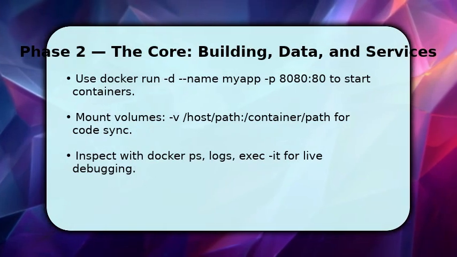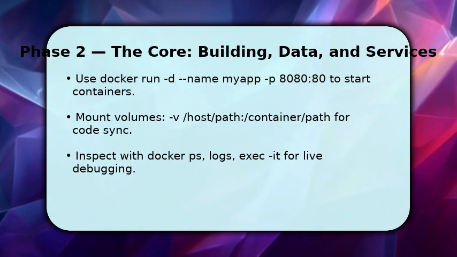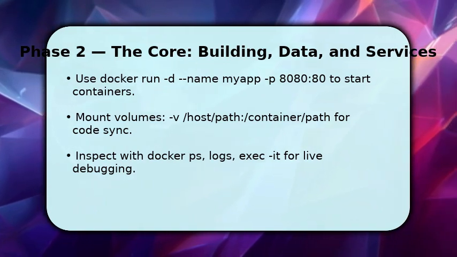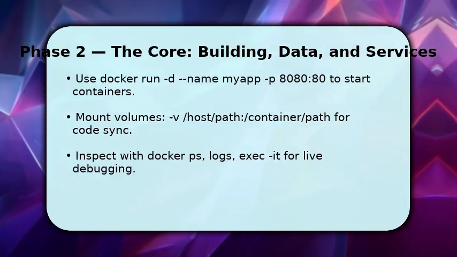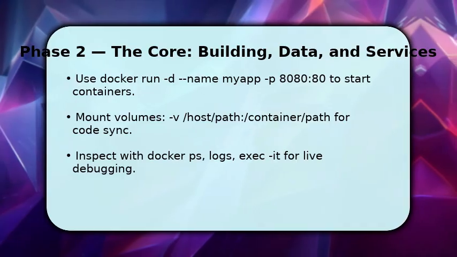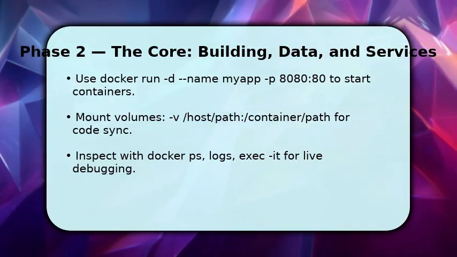Now you run a container. docker run --name myapp -p 8080:80 image. This maps ports so you can access services in the browser. Confirm with docker ps. To edit code live, mount a volume using